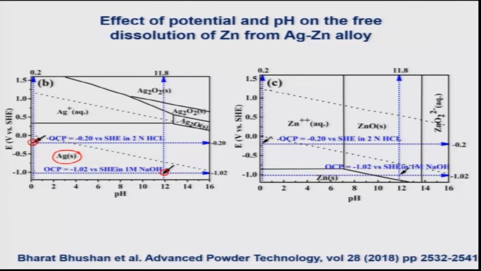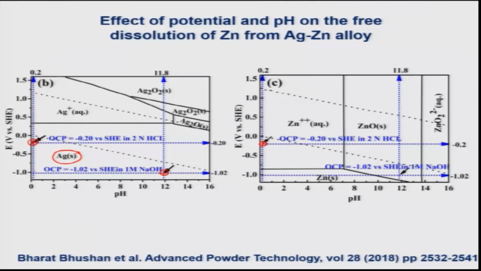But if I try to push the pH to 12 and the potential to here, there also I could see that silver is maintaining immunity. But when I look at the silver zinc system, when I am looking at the pH and potential of this particular section, which is this one here, in case of the zinc system, it is in the zinc plus corrosion zone. So, if we maintain the pH and potential at this point, silver would not corrode, but zinc would